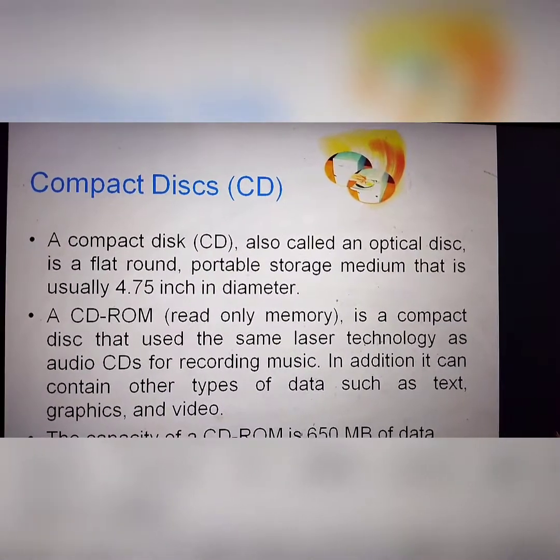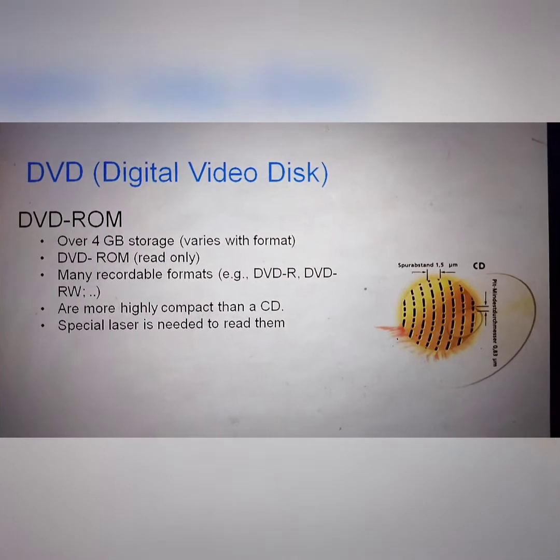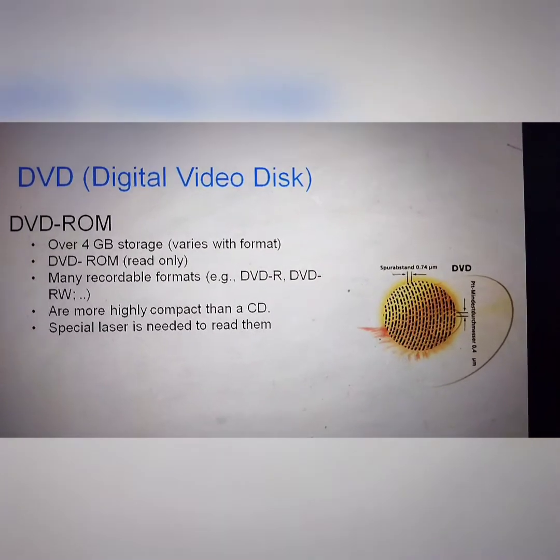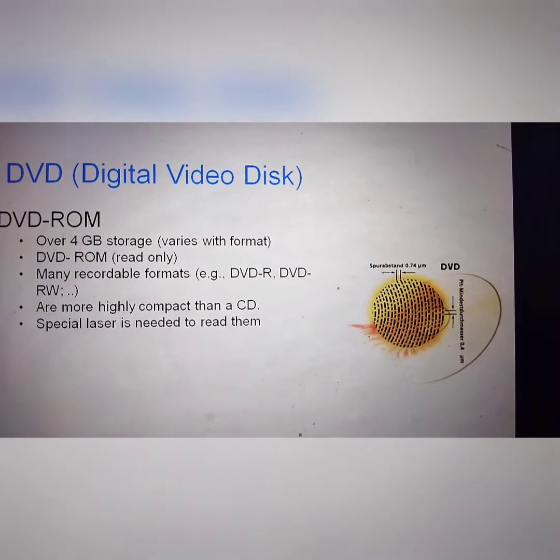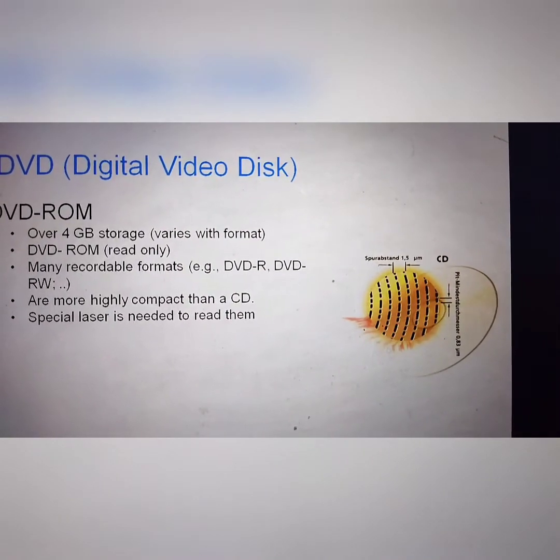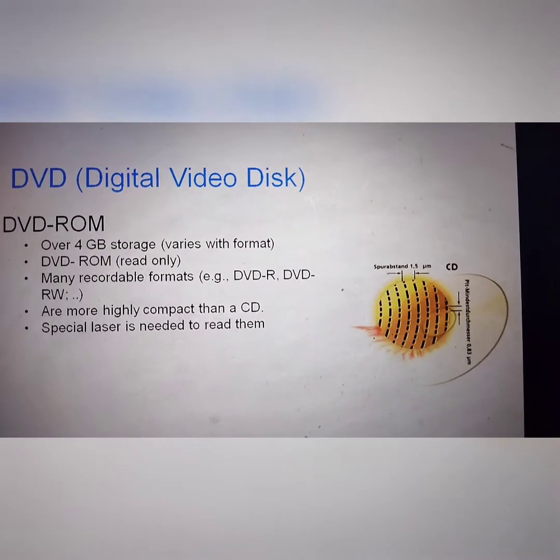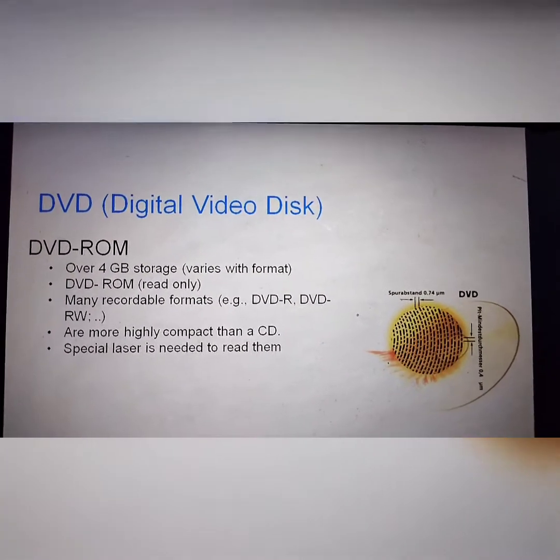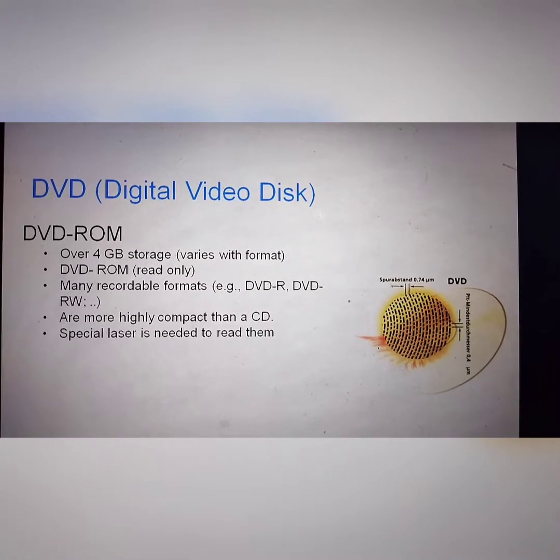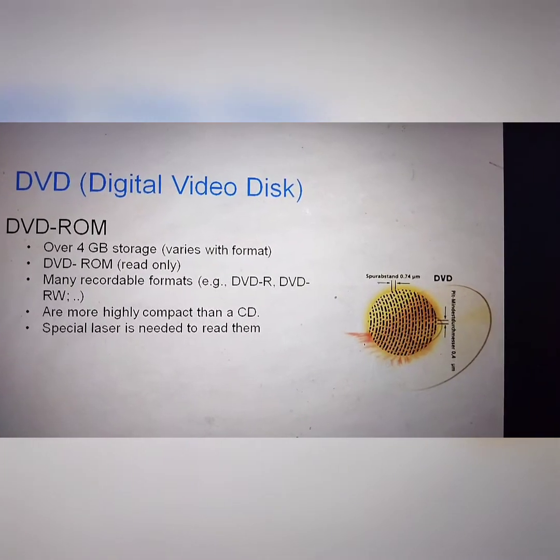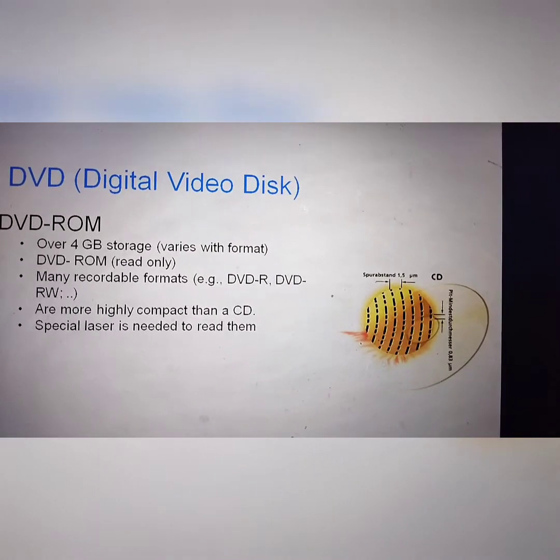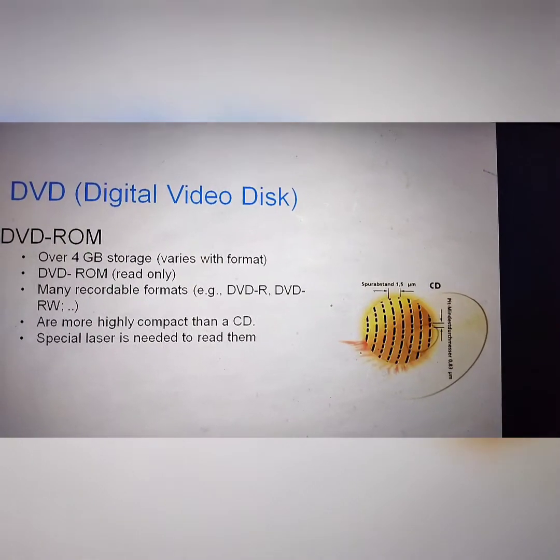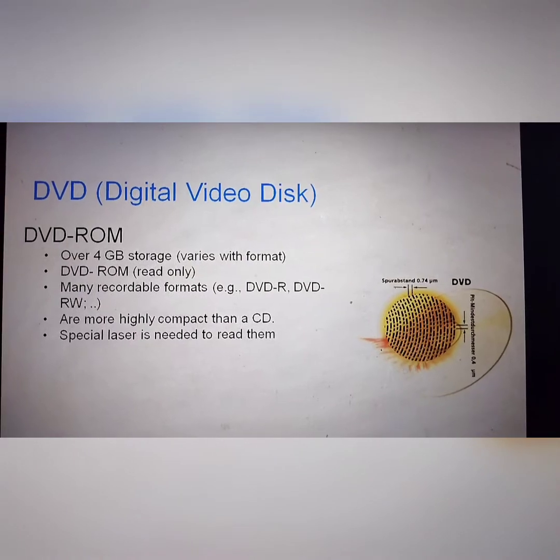Okay students, now the next external memory is your DVD, digital versatile disc, also called digital video disc. It is an optical storage device that can be used to store data and record movies with high video and sound quality. A DVD is similar to a CD in shape and size, but can store a huge amount of information. The storage capacity varies from 4.7 GB to 17 GB. So this is known as DVD external memory.